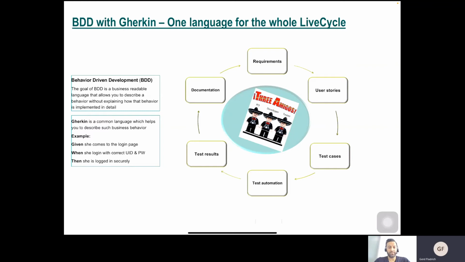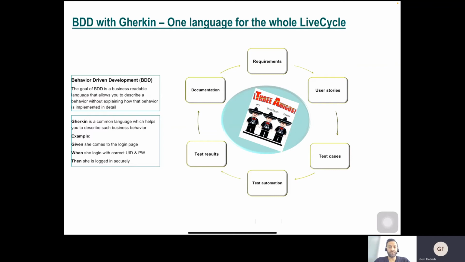Then you run the test, whether manual or automated, and you will have the results of these test runs again in Gherkin. The result is also described with this given when then, what has happened, and this will at the same time be the documentation.